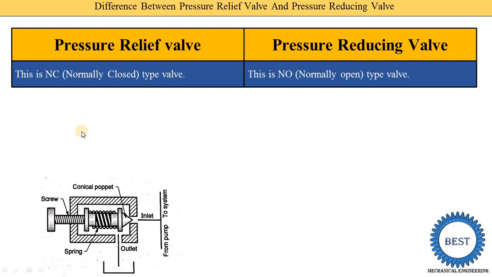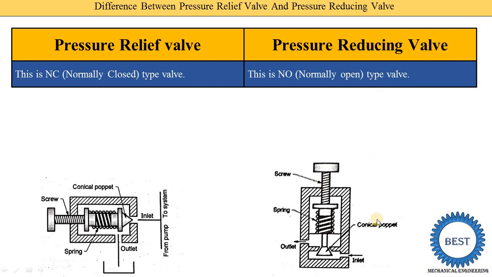In this figure you see that in a pressure relief valve the inlet is there. The inlet pressure is also equal to the pilot pressure. And here is the outlet. Suppose the preset level of the pressure relief valve is 10 bar. When the pressure increases above 10 bar, the oil enters here, this valve opens, and the oil is supplied to the outlet, means to the reservoir.